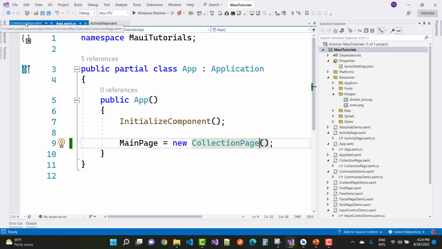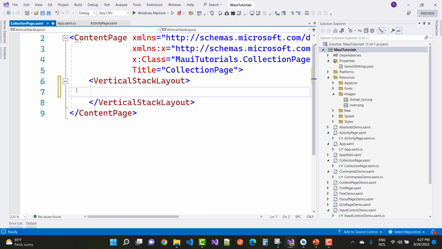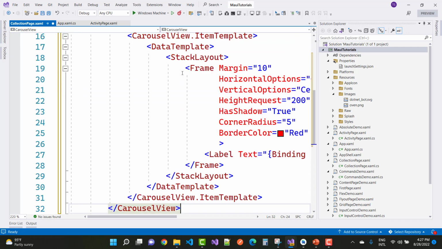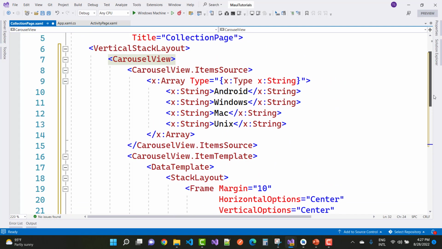So you can just add a collection. So the next one is the Carousel view. Carousel is actually a slider in a mobile application. So you can just add this code in the Carousel view, and one by one I want to discuss all these